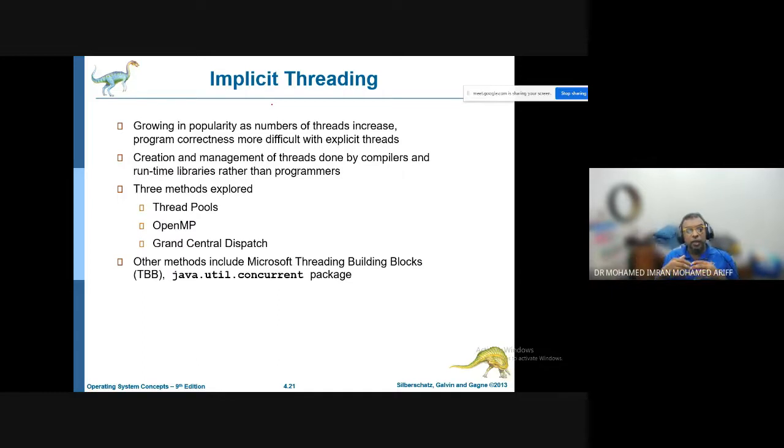Okay, so when your thread increases, that means dalam satu proses tu you ada beberapa multiple thread running etc. So when you have these problems, then when your thread increases, that means it will be more difficult for you to manage which process, which sub process is running. Okay. For example, contohnya,